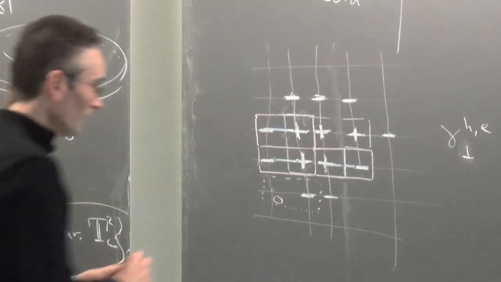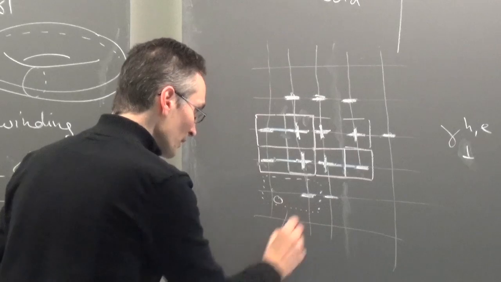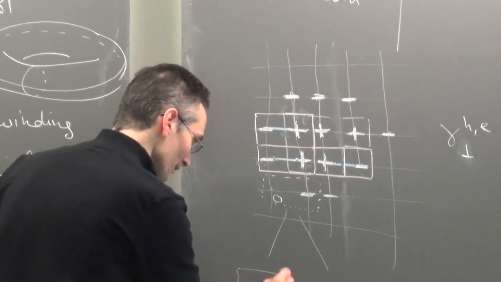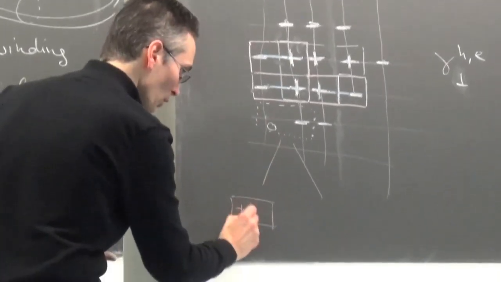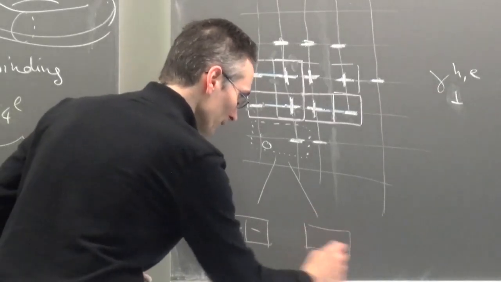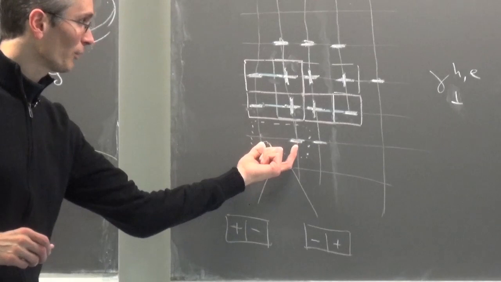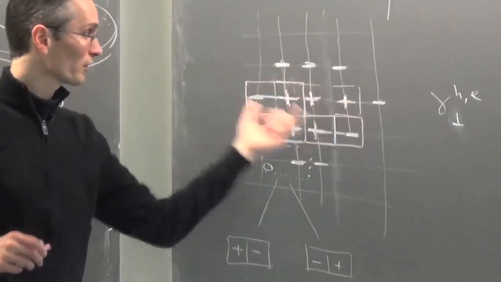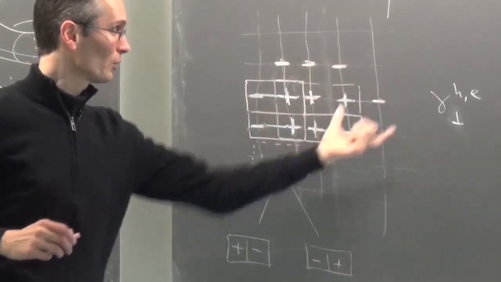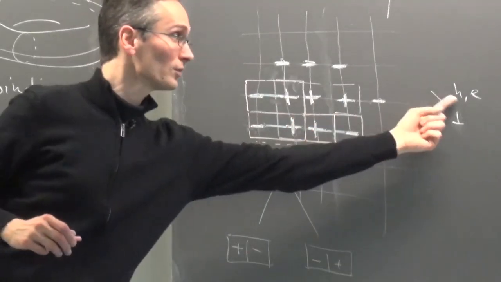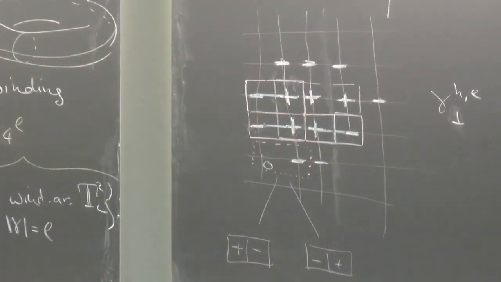So I take this block, and the two possibilities here is that in this particular block here, I see plus minus, or I see minus plus. Right? I start with either a plus minus or minus plus, and then I make reflection, and I'm constructing all the possible things that I can see for horizontal even edges. Okay?